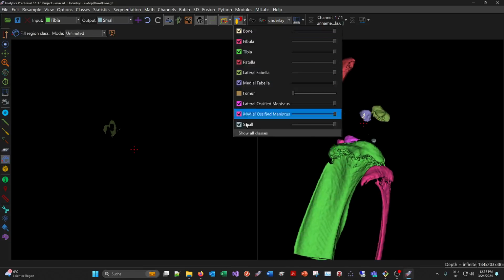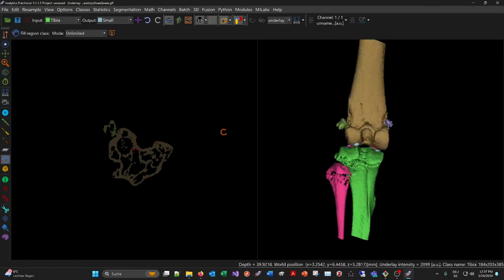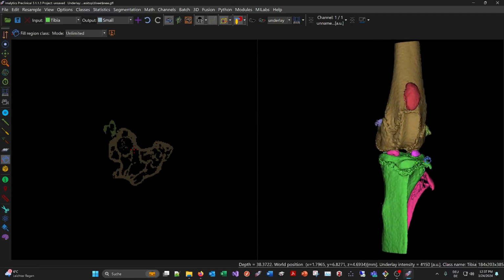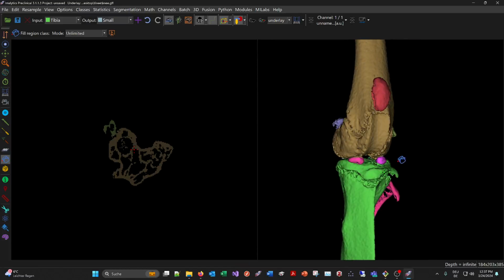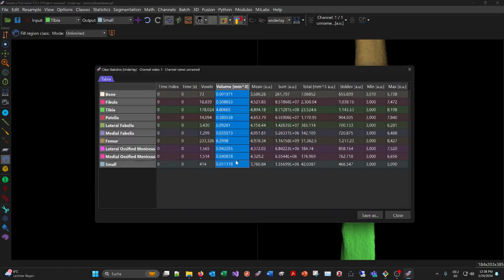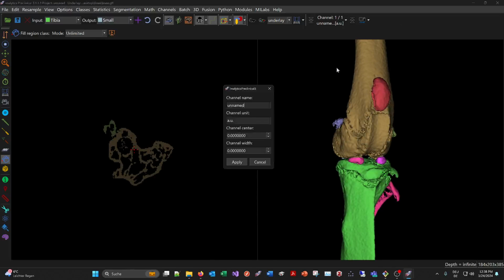So now let's show all the classes, and we have the segmentation of the mouse knee parts. We don't have the condyles yet, but that's a bit more complicated and good for another tutorial. Now we can get the statistics here, the bone statistics, like the volumes or the mean intensity in arbitrary units, but we can set the unit here to Hounsfield units because this was a calibrated